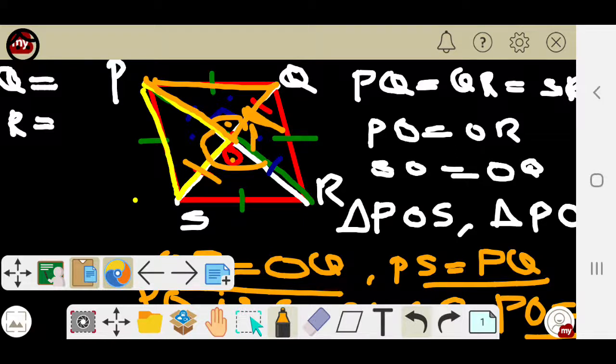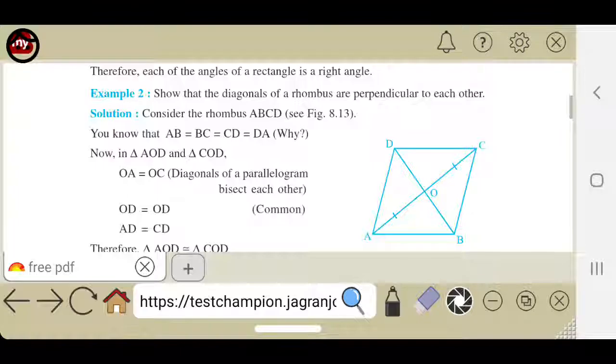That means all angles equal 90 degree. That means the diagonals are perpendicular bisectors. Then we proved that in the rhombus, diagonals bisect each other and also they are perpendicular bisectors. Diagonals of a rhombus